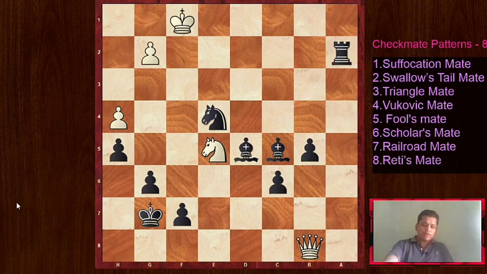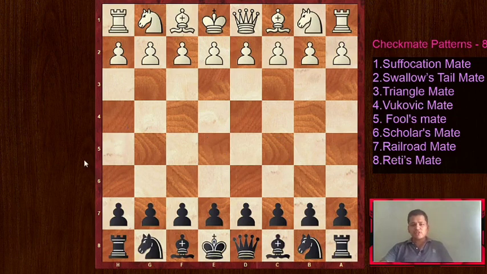So let's start with the Fool's Mate. As the name suggests, if one side plays like a fool, he can lose the chess game in two moves. And if white plays this, this is the particular mate. Now it's very important to understand the mechanism,